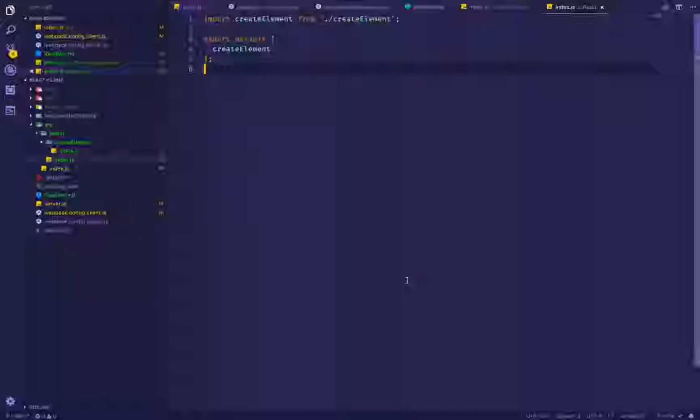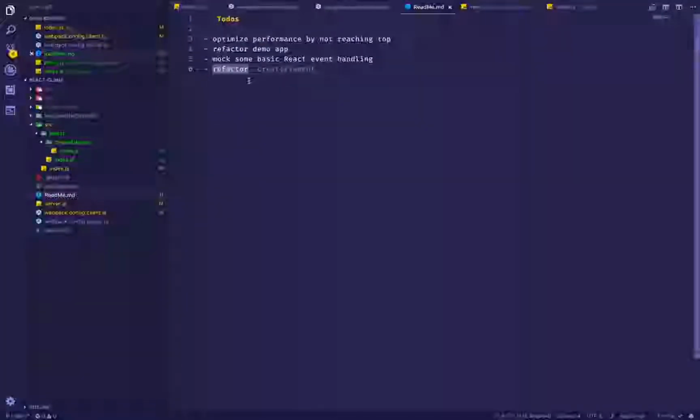Okay, so since then I created a README. I did some to-dos there which I need to do. Some of them don't really make any sense now, but they will later on. So refactor the demo app, like the request idle callback. I want to do some refactoring on that. Mock some basic React event handling. It will make sense later on because